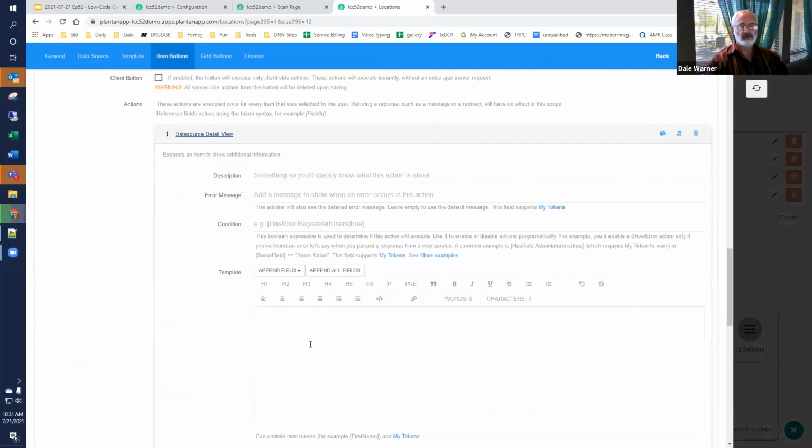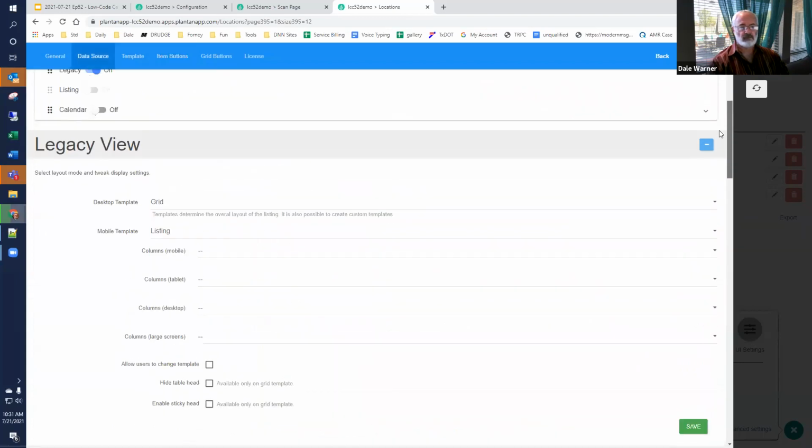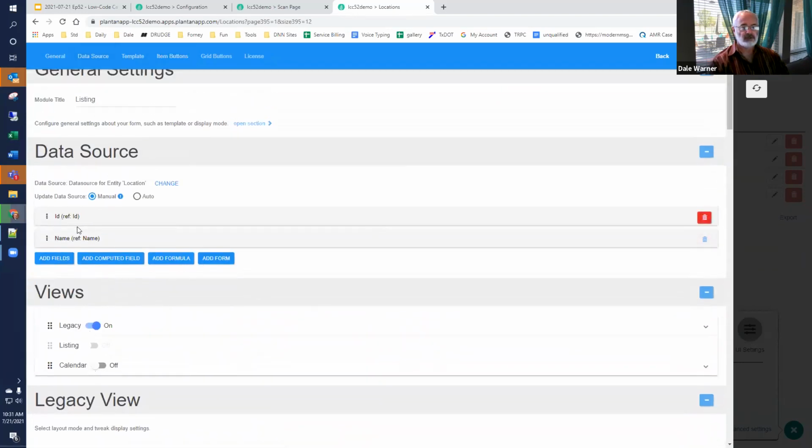The detail is the same token, and the value is going to be location equals ID. Again, we have an ID column in this table, and the title is going to be name. And these both come from our data source. We have an ID and a name. So this is going to get us linked to our scan page